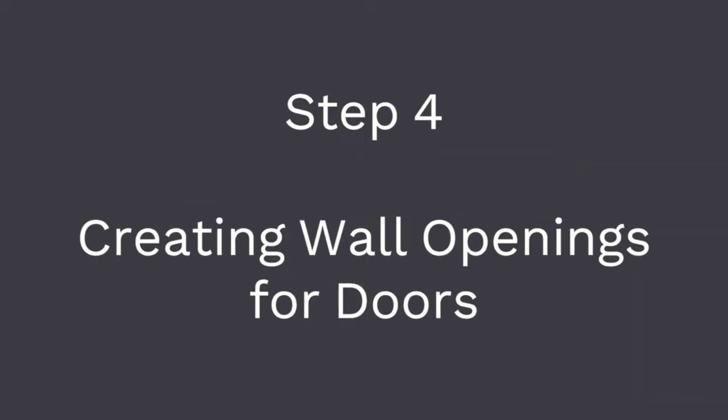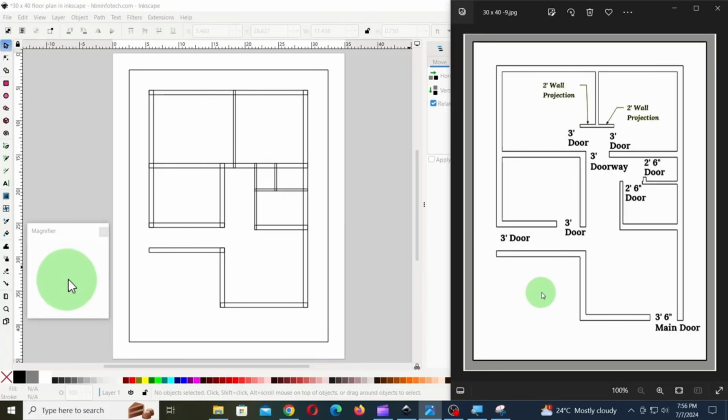Alright, now let us move on to step number 4, that is creating wall openings for doors. In this floor plan, there are 3 different size doors. The main door is 3 feet 6 inches wide. The doors of the toilet and bedroom are 2 feet 6 inches wide, and all other doors are 3 foot wide. Besides this, there are wall projections of 2 foot on either side of this wall in both of the